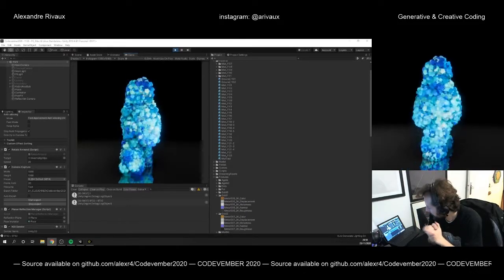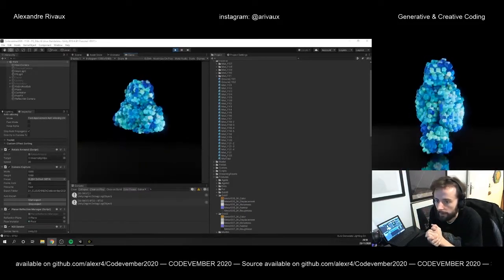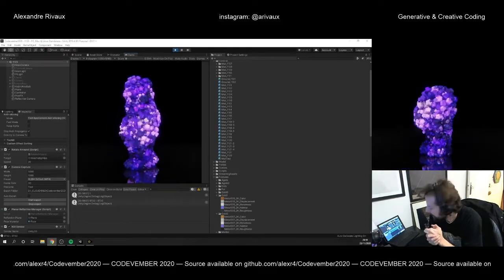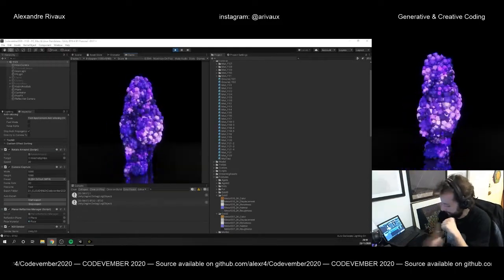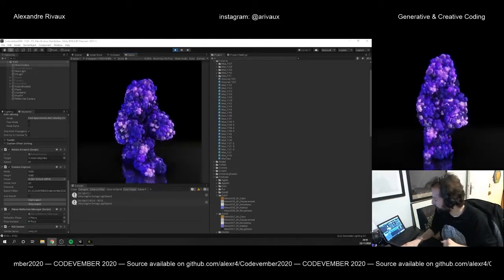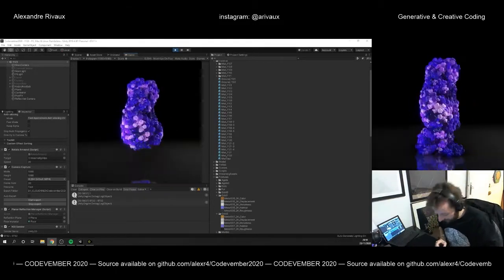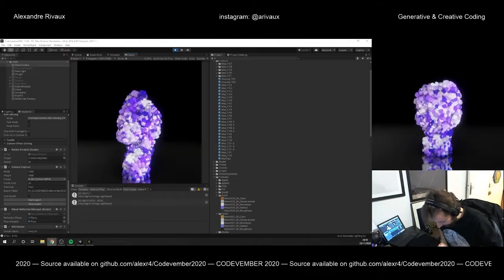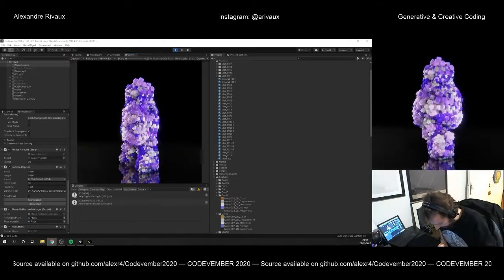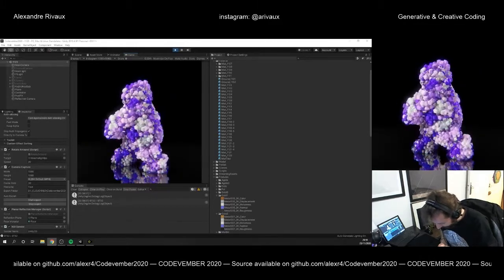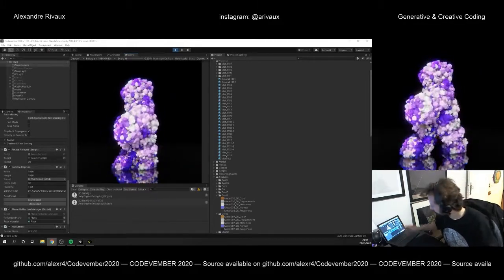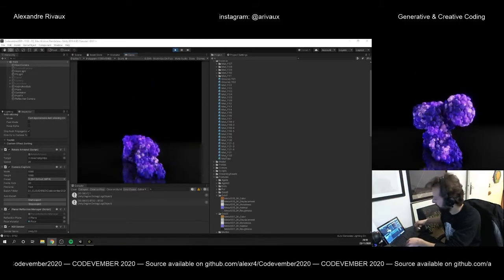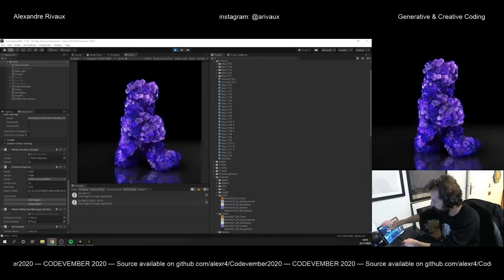Welcome back to this Codevember number 23. We are still exploring the way of interpreting body using creative coding. We've made various experiments since the beginning of Codevember. We're reaching the end of Codevember, and as I said last week, I'm not sure I will be able to